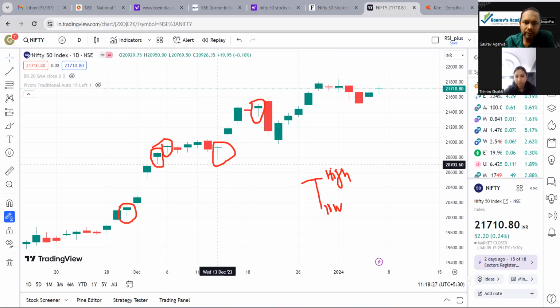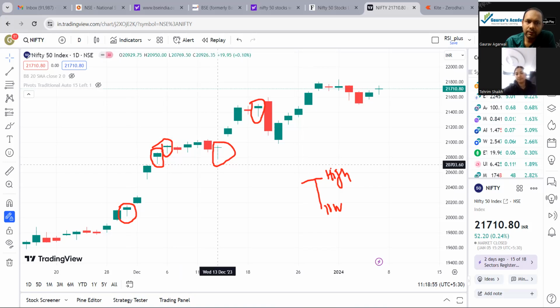If I put my cursor on this hammer, you can see the prices at the top here. You can see the price OHLC at the top. And can you see something there? Prices? The opening price, yeah, here.